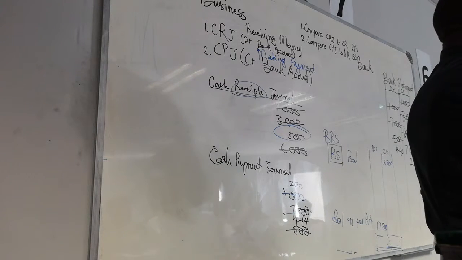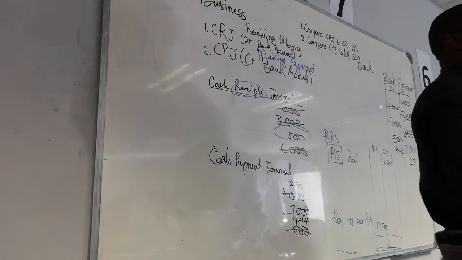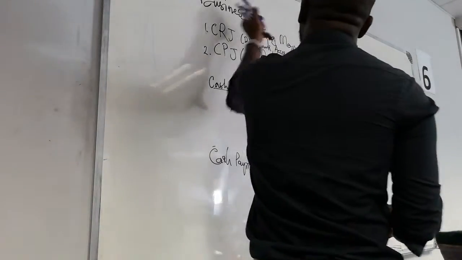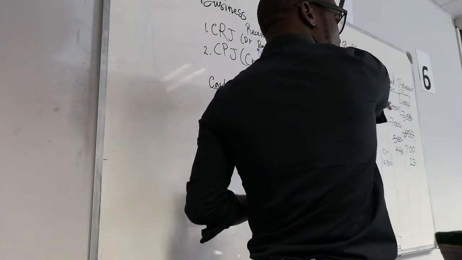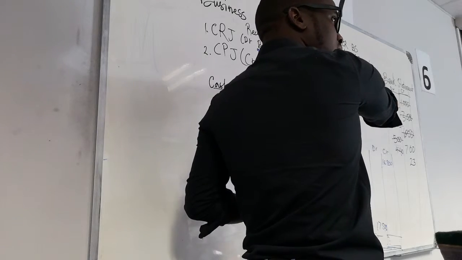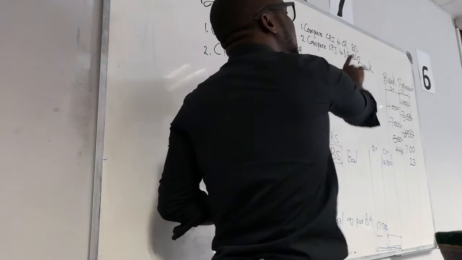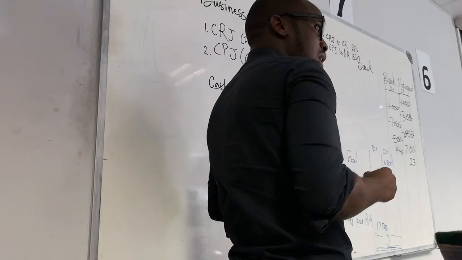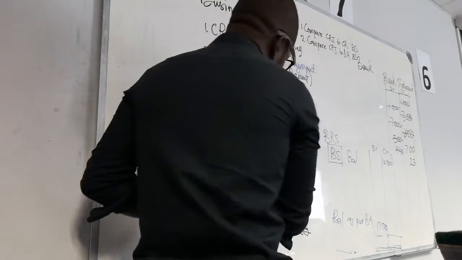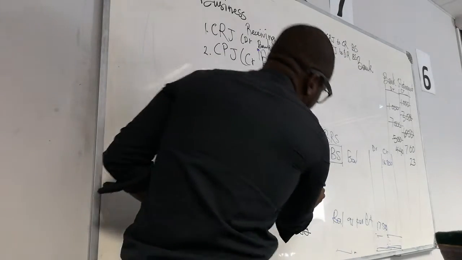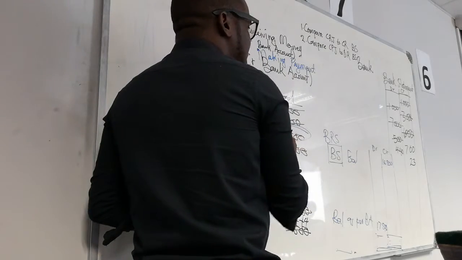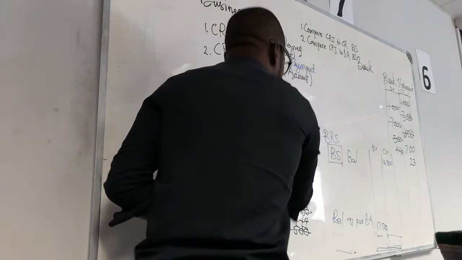We've already noted the fact that there's going to be a timing difference, whereby the business did something, the bank doesn't know about it. Are we together? The business did something, the bank doesn't know about it. How do we go and do that? We go and say, okay, where is this 200? The business did it, the bank did not know. So these two amounts.